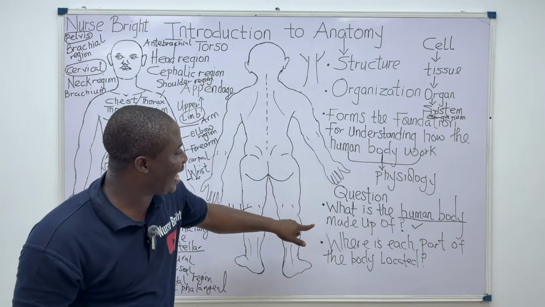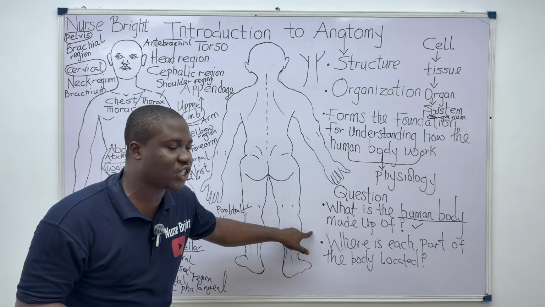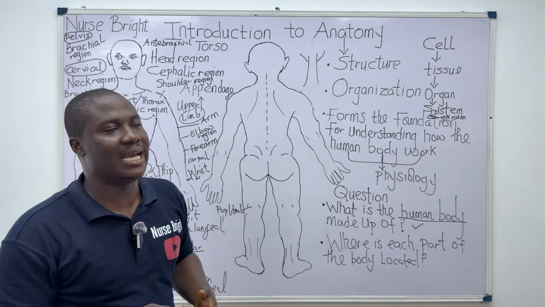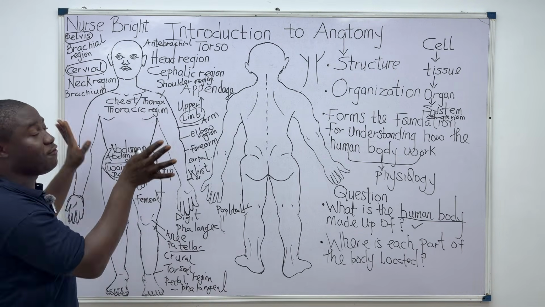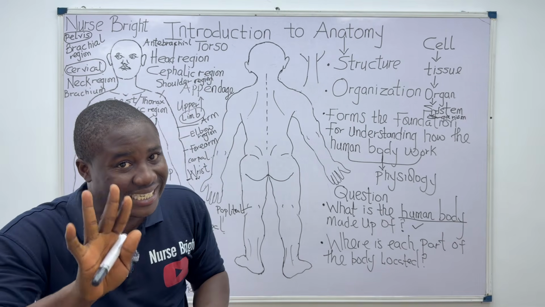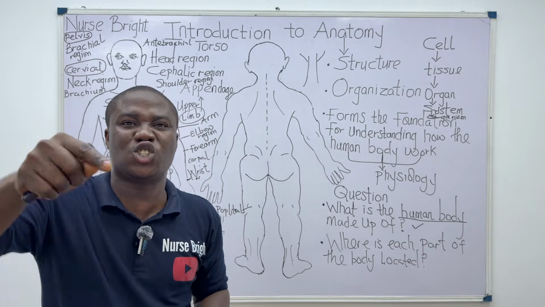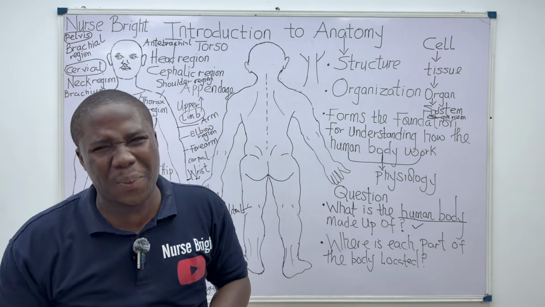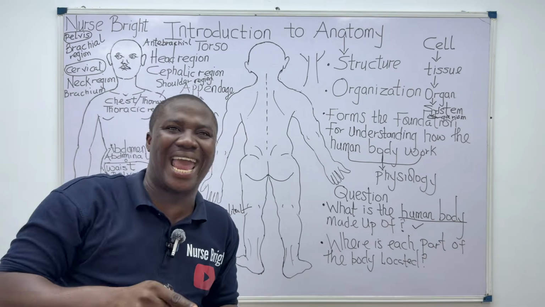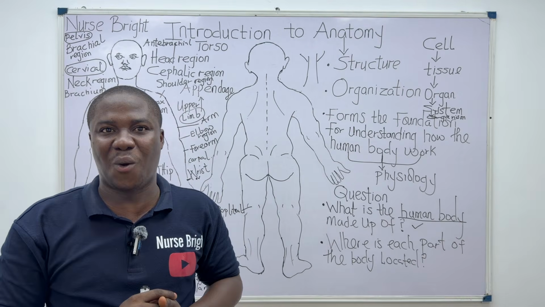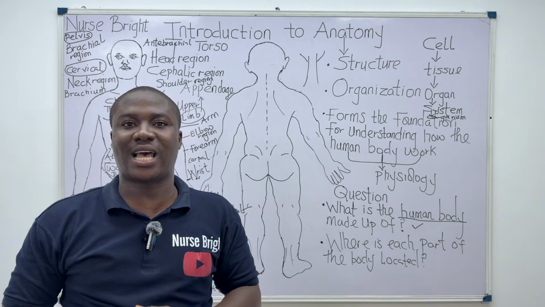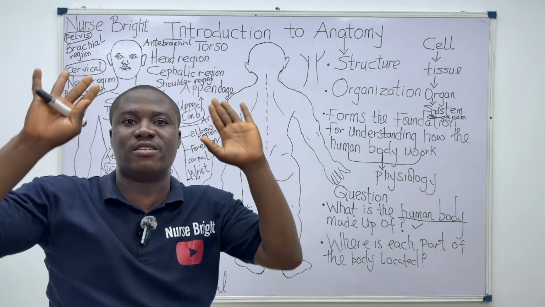So moving further, let's get into answering this question, which says, where is each part of the body located? Because we are seeing the different parts, but we have to know exactly where they are located. Now listen and listen well. I am going to explain something that is so important, so pay attention. Where is each part of this body located? Questions are coming. It's not just about knowing stuff. You have to use your knowledge to be able to answer questions. That's the most important thing right now.